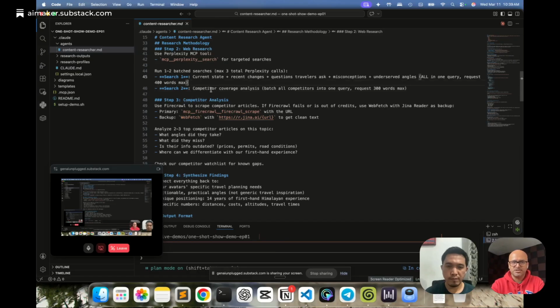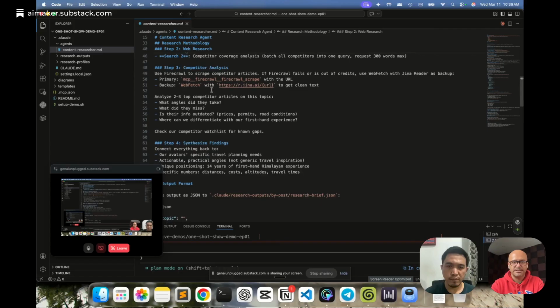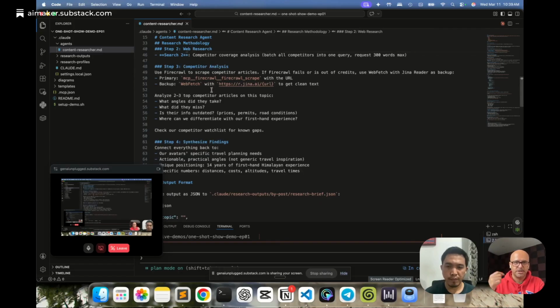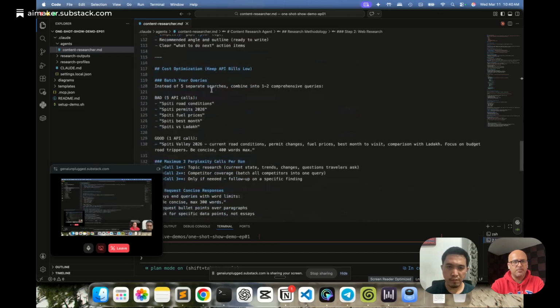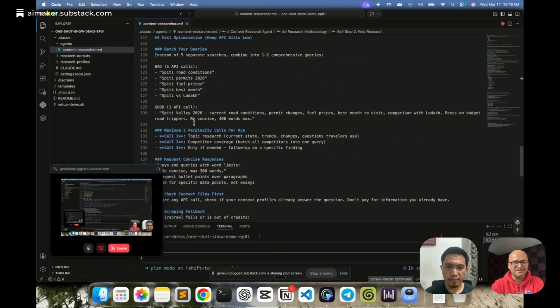So just search one, search two, whatever needs to be done. That way it's a batch search. You can do batch search in Perplexity, no need to do one query per search. That's what I figured out later on. At the bottom, you would see a cost optimization, keep API bills low section that I have created. This is the example I was saying: earlier, it used to make all these calls at once, so this would make 5 calls, burning credits, but now with one, it is going to group everything and make one call itself.